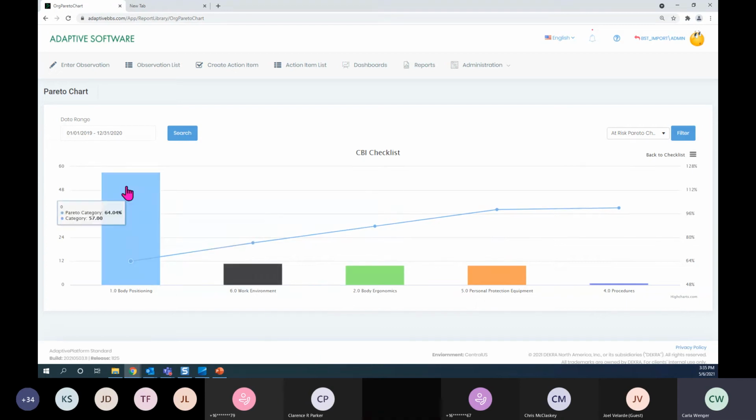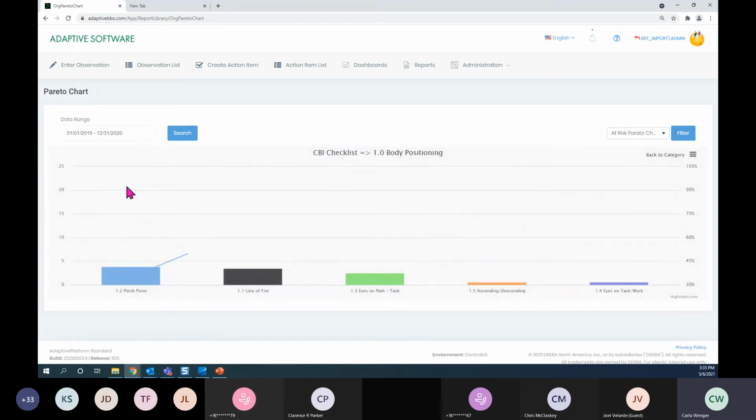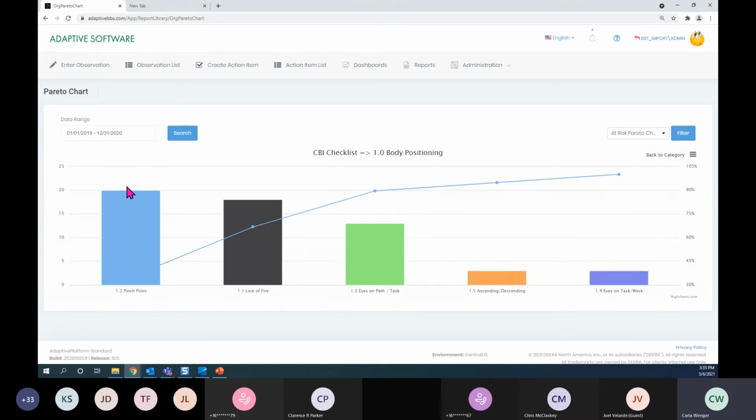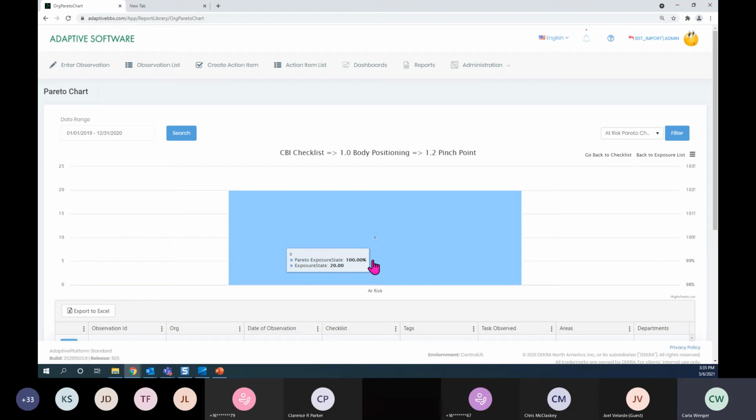The first one I'm going to click on is body position. Once I click on body position, it brings up all the exposures. You can see those across the bottom, and again we have that blue line going through the middle. I'm going to do the exact same thing with exposures: go up the line until I see 80%, which is right around this area. So we're going to focus on these first two. Let me take a look at pinch points first. When I click on pinch points, you're going to notice there are 20 at-risk pinch points